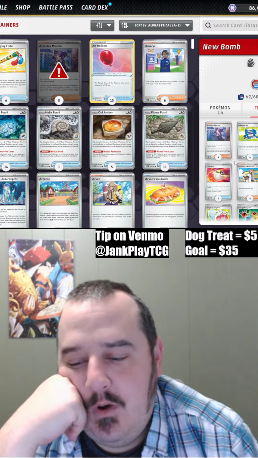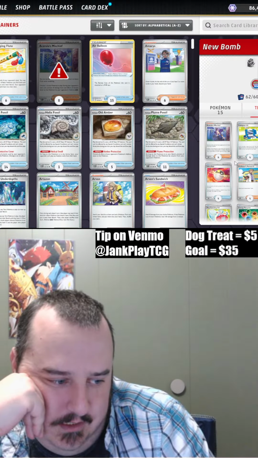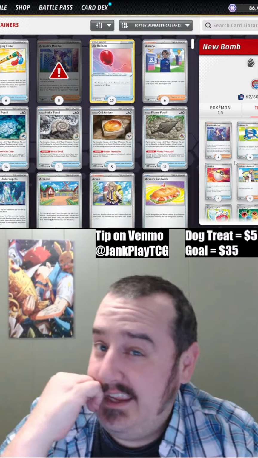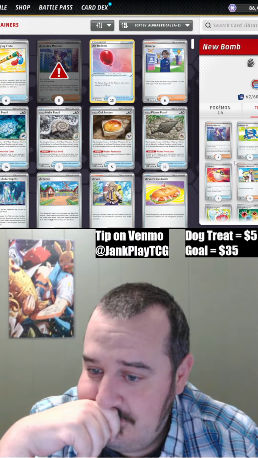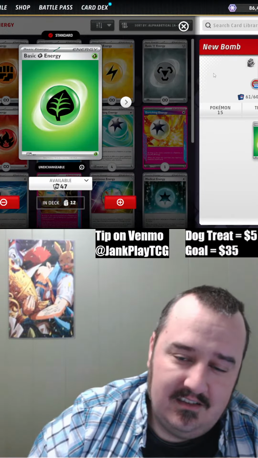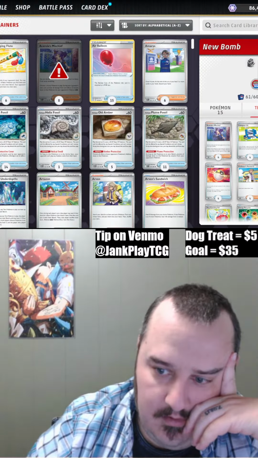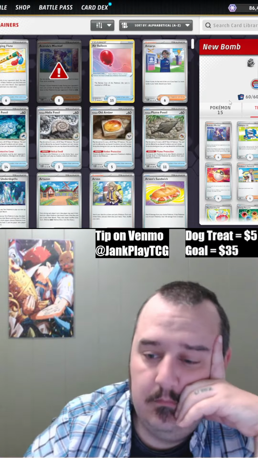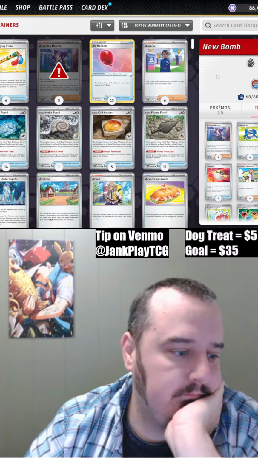Right now I'm looking at 1 Professor's Research, 1 Ultra Ball. Maybe 1 energy would be okay, and like a gear. Then I have less opportunity to find my Acerola. Let's do 1 energy. Maybe 1 Pal Pad. You really need 4 of them? I mean, I had 4 because I was Professor Researching, but...